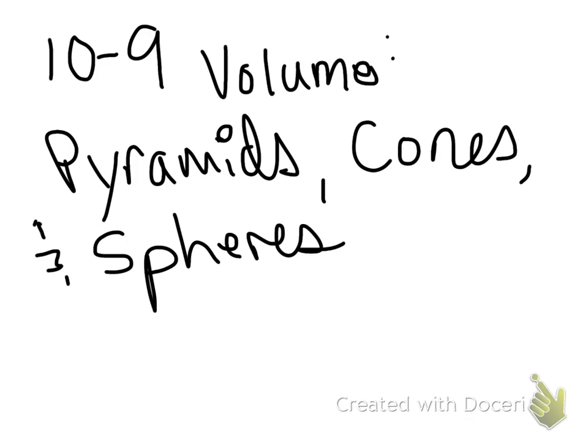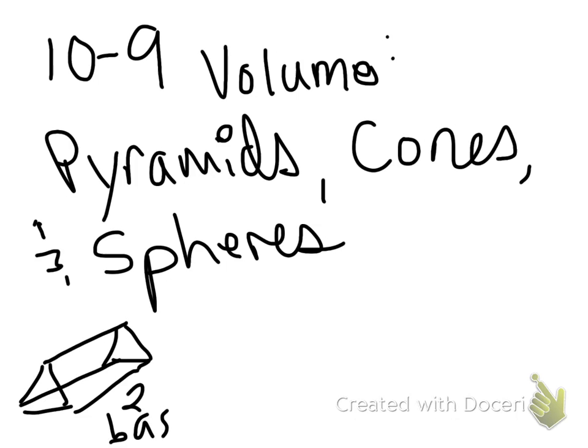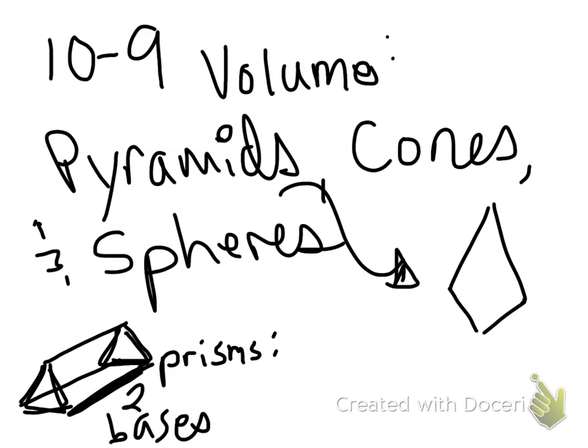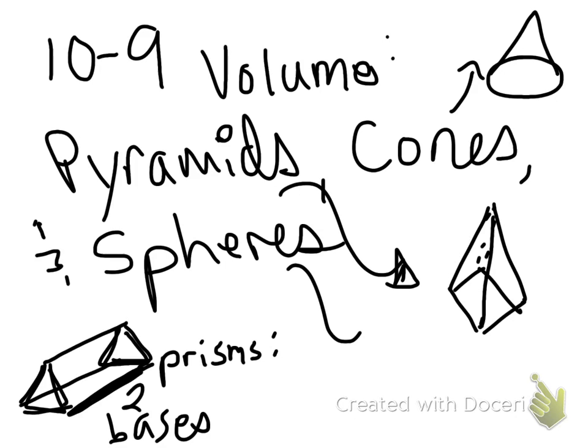Before, you were able to do a rectangular or a triangular prism. Remember that prisms have two bases and a lateral face. A pyramid, remember, only has one base. A cone only has one circular base. And then a sphere